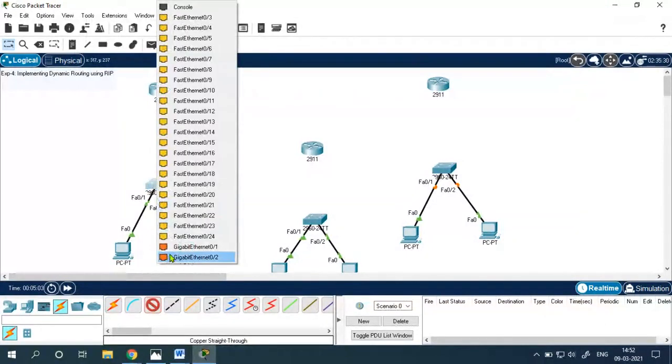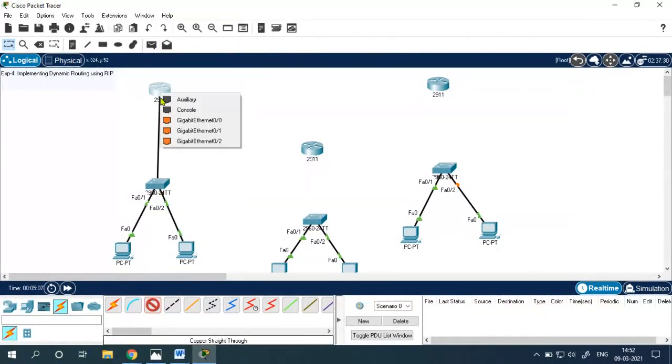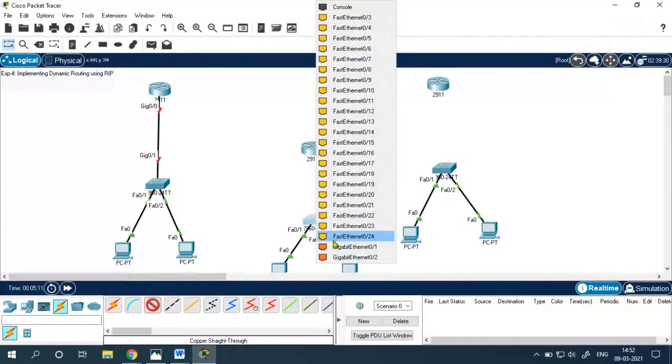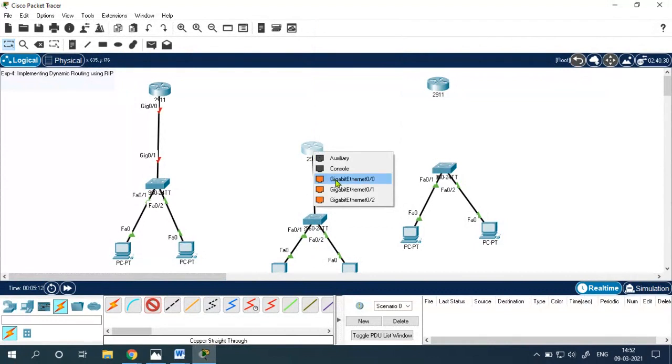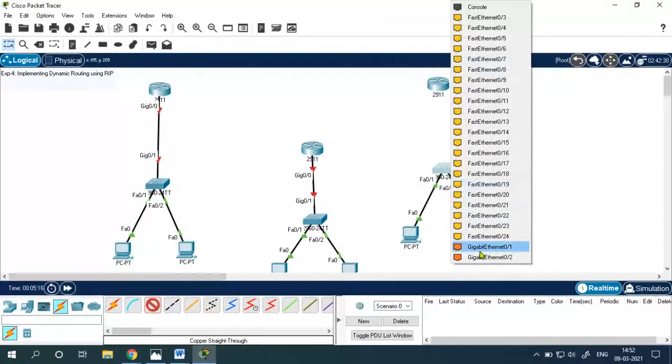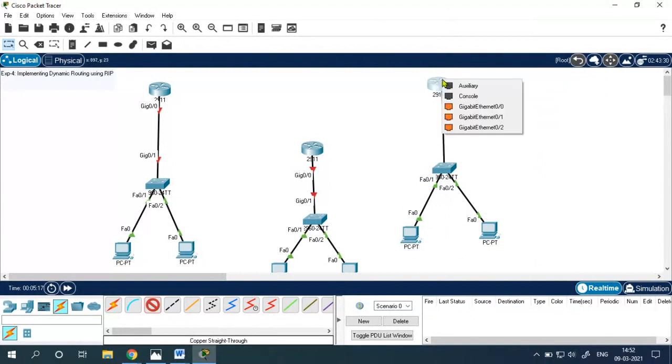So this switch, yeah, a gigabit Ethernet port is available. I'm connecting it with the gigabit Ethernet port. Okay, fine. Again, I have hooked my PCs, switches and routers.